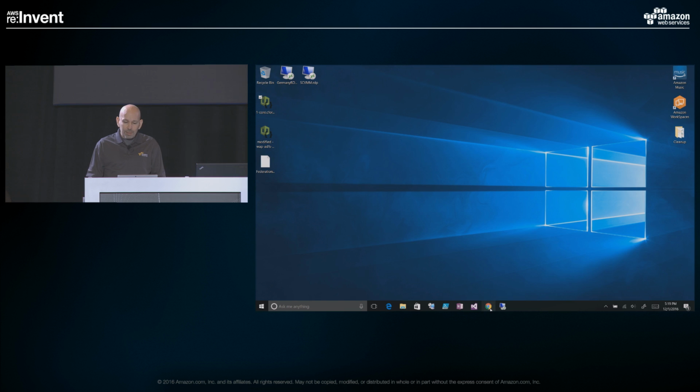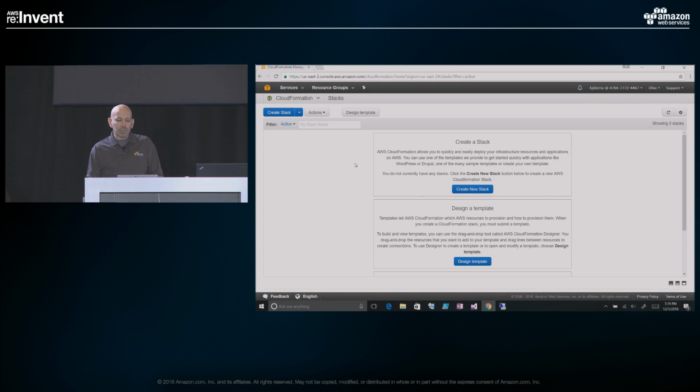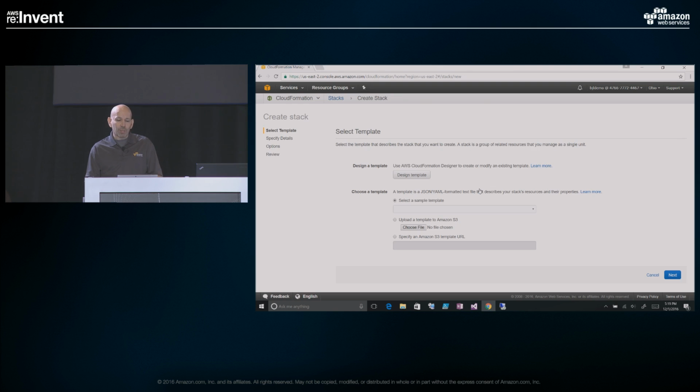To do that, we basically come to the services and say CloudFormation, create a new stack. Then I can use a design wizard, which has some drag and drop abilities to create that JSON template. I can also grab them off of different sites on the internet. We have some on AWS. There's stuff in